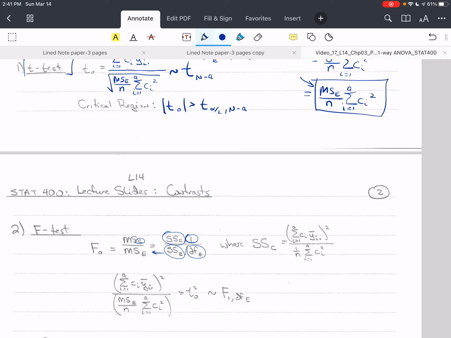Remember that this is a contrast, so there are negatives and positives in here, and so the differences are the square of this contrast. That turns out to be a sum of squares difference, because we've got some C's that are positive and some C's that are negative, because the sum of Ci has to be 0. The only way that can happen is all of them being 0, which is very uninteresting, or some are positive and some are negative. And then divided by